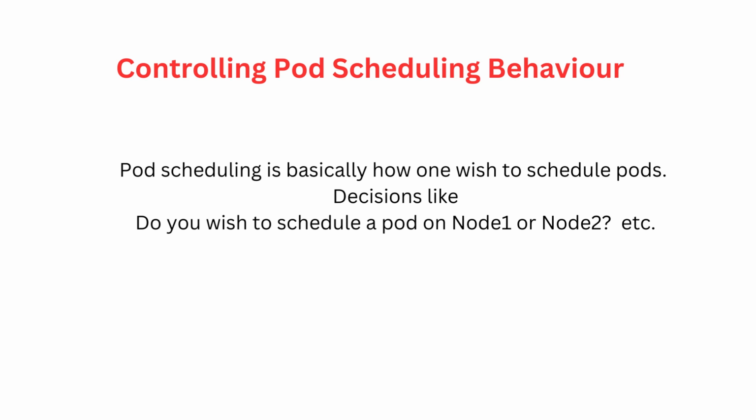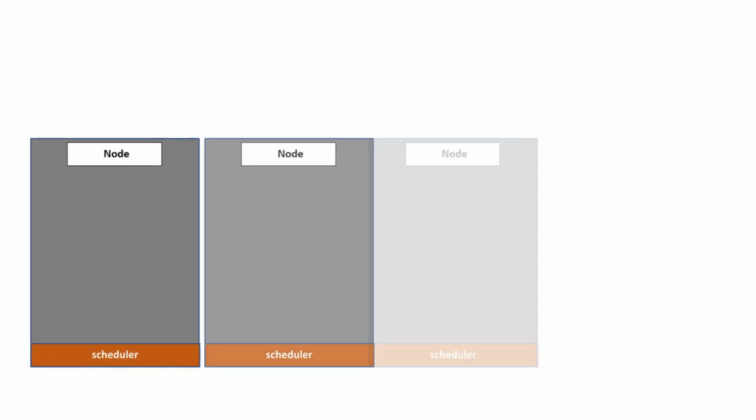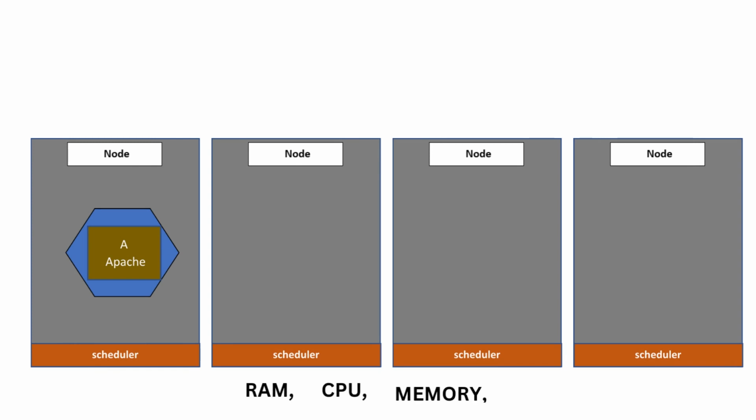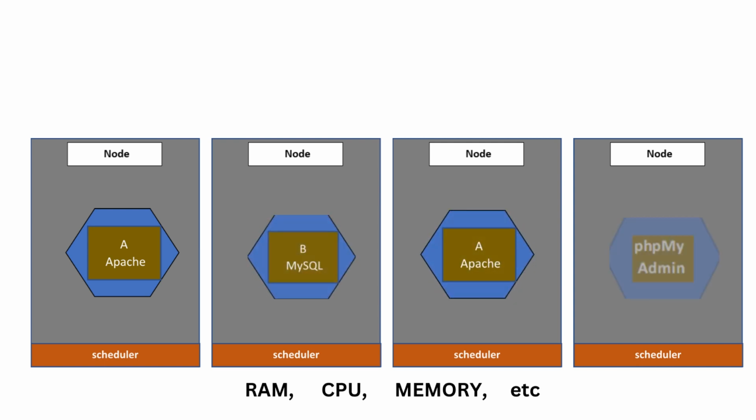Like we have discussed in one of our previous lessons, I guess the first chapter, we learned that the scheduler is the service that is responsible for scheduling which worker nodes a pod will be created on. The scheduler looks at the resources on each worker node, RAM, CPU cores, etc., and then schedules the pods in a way that loads will be balanced across all the worker nodes in the cluster, and it does this by